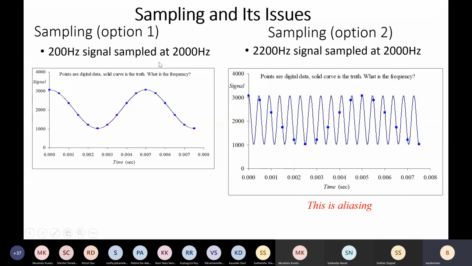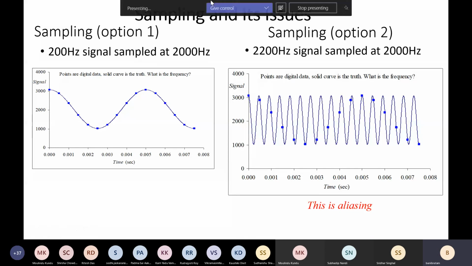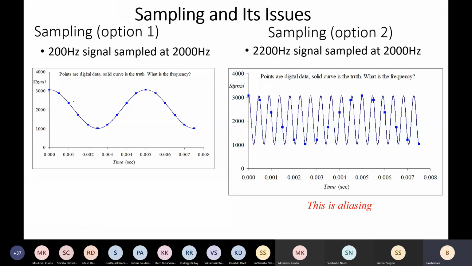Sampling, as you have already understood, means that if you have some analog signal, like this sinusoidal signal, you discretize it with some discrete values so that we can get discrete values. And why do we need to discretize it? To convert it into digital form, right? And at which frequency will we discretize? Suppose I have